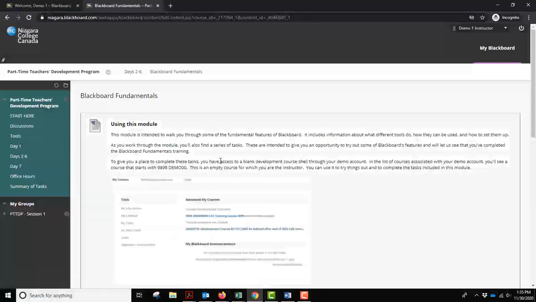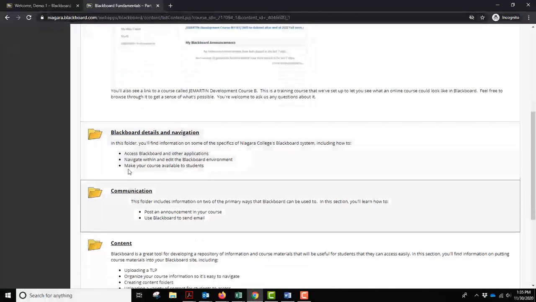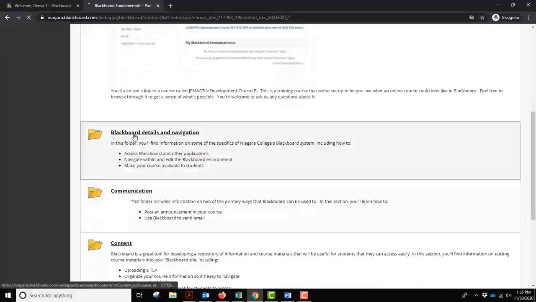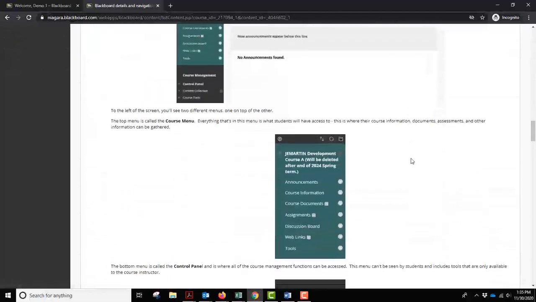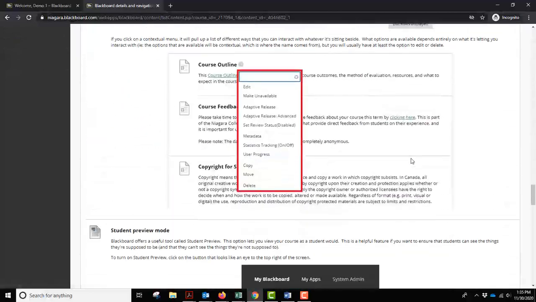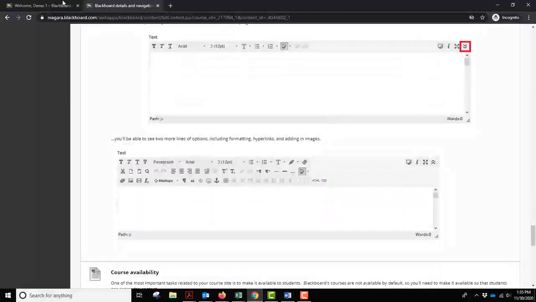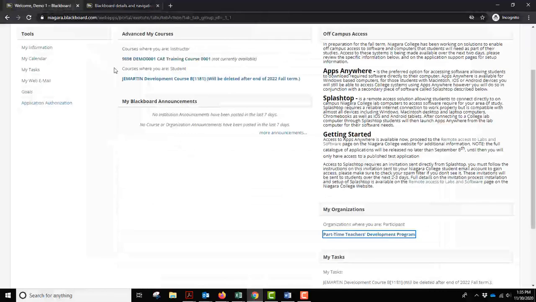I could open up all of those Blackboard materials that I want to have access to, including all of their instructions for those different tasks. So all of that can be sitting here in this tab. And then if I come back over to this tab,